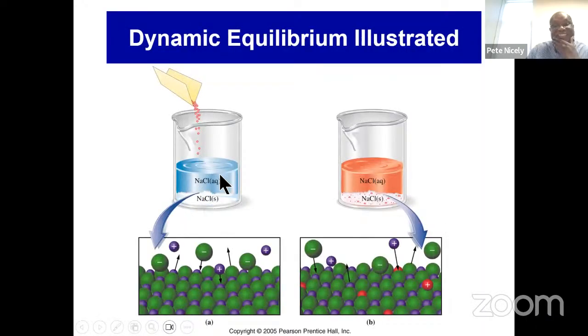in this particular case, we have a saturated solution of sodium chloride, and we have sodium chloride solid right here. What is believed to be happening in this particular situation is you have an equilibrium between the sodium chloride in the aqueous solution and the sodium chloride in the solid state. So you have the back and forth taking place. Now, how do we know this? Well, if you add some sodium chloride which contains radioactive sodium,